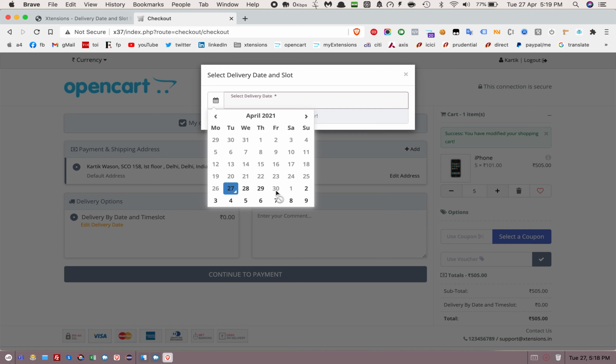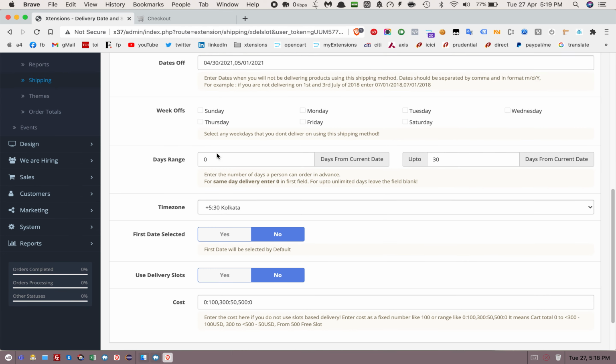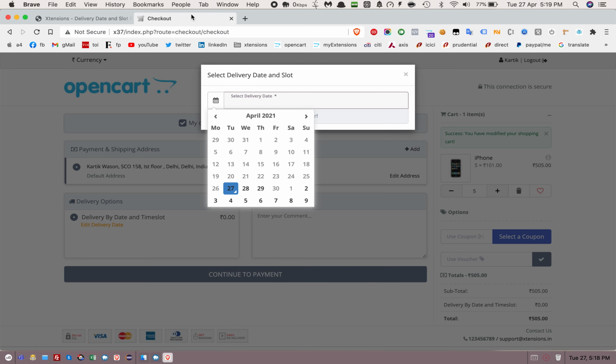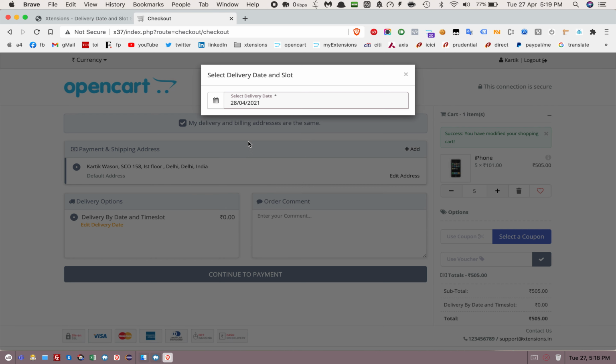You remember I disabled two dates, 30th of April and 1st of May. So these two the customer will not be able to select, and they can place an order only 30 days in advance. So from today to next 30 days it is displaying 27th of May, and the customer cannot select any date beyond that. So let me select this 28th,